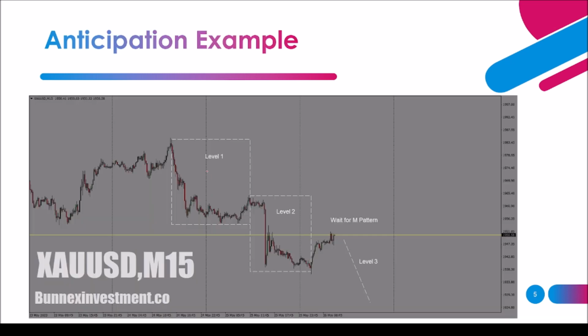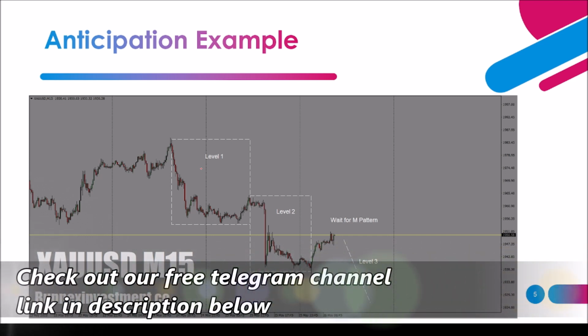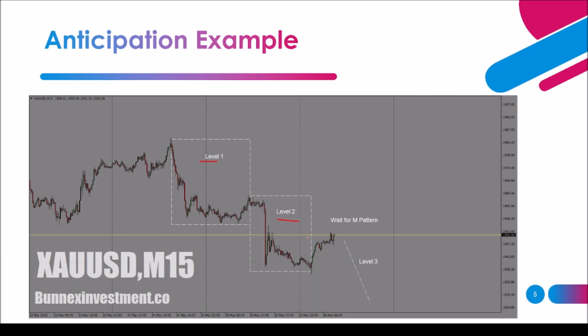In this case, we have gold against US dollar. So the first thing that I did was actually to put gold on my watch list. After putting gold on my watch list, the next thing was now to count levels. We had the first level, the second level, and I was now expecting to see the third level to be done. But before we do so, I wanted to see an M pattern being issued for us to complete this particular cycle. Therefore, an anticipation example is actually drawing this line, and this is my third step in my trading process.